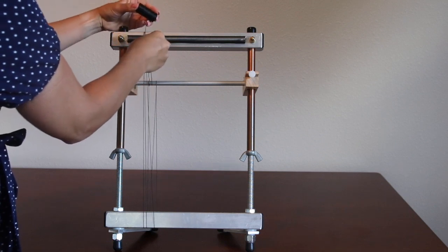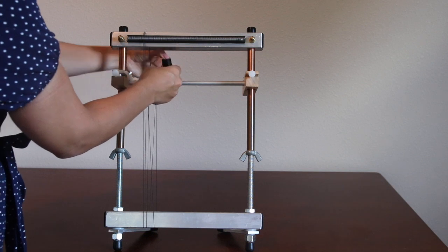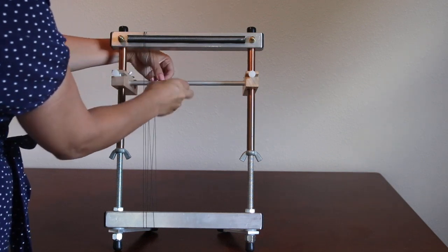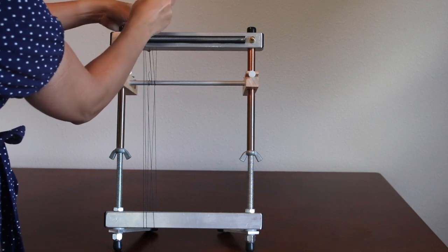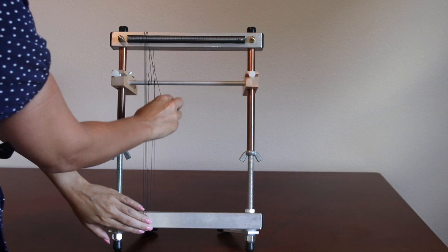When I hit the warp coil, I'm going to place my thread in that, keep wrapping around the loom, but when I hit my warping bar, I'm going to do a U-turn around that and come back the way I came. Now, once again, I'm just wrapping around the loom,